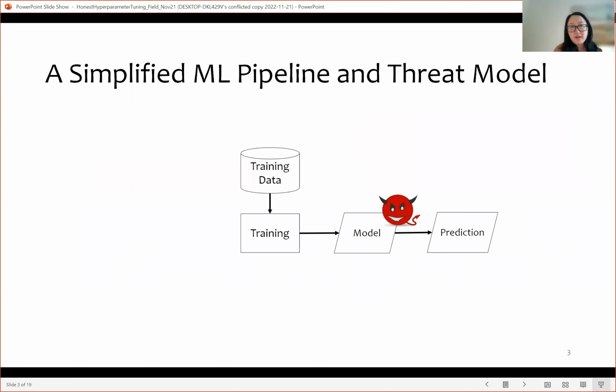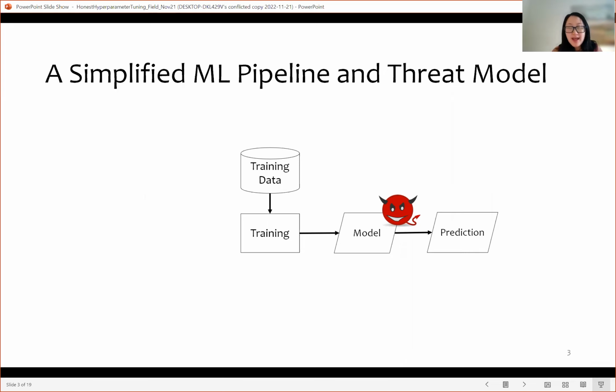Let's first take a look at our simplified machine learning pipeline. We have some sensitive data that can be used for training, right? We train the model and release the model, or we can release the predictions that use the model over the live data. It seems that releasing such a model, which is composed of millions of parameters, such as a neural network, or just sharing the predictions should be fine, right?